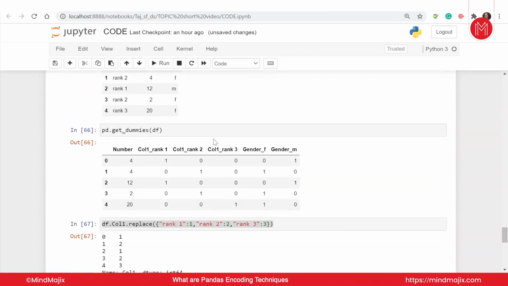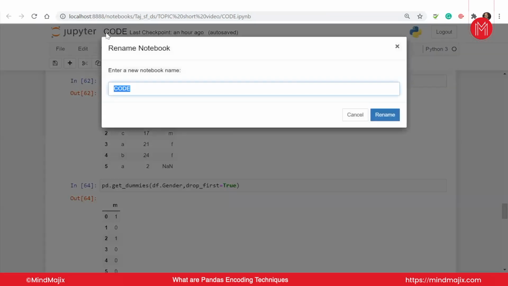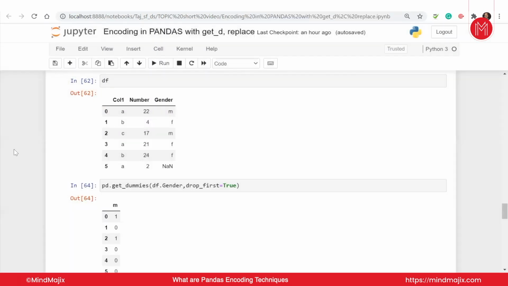You encode the data set for here. Okay, so that should be it. That should be the basic idea of this. So name I'm changing here as encoding in pandas with get dummies and replace. Perfect. So this is your data frame, guys. This is your project. These are steps that you can do. Strongly recommend, guys, at least try them once so you can have the idea of how to use all of them. You can combine all of them together to get an integrated approach.